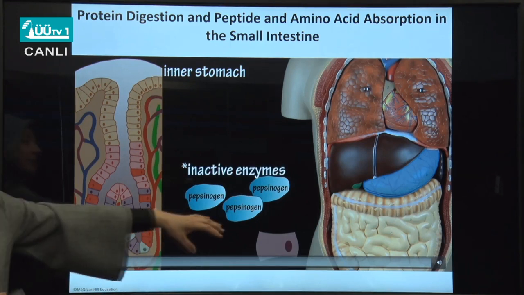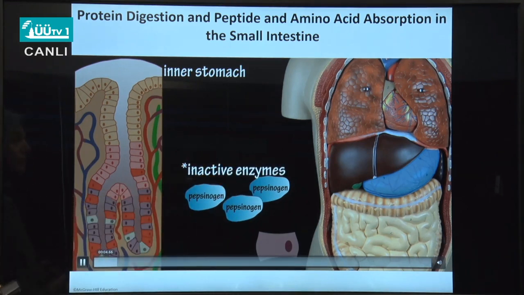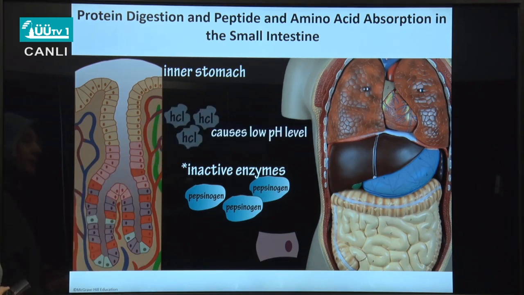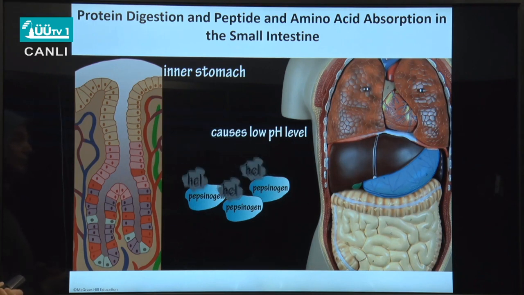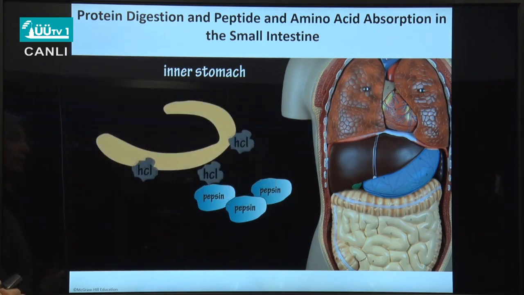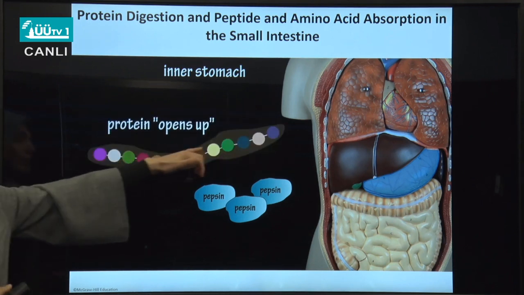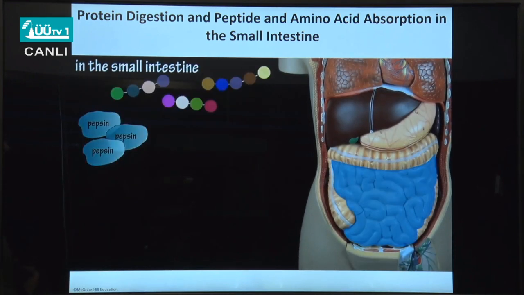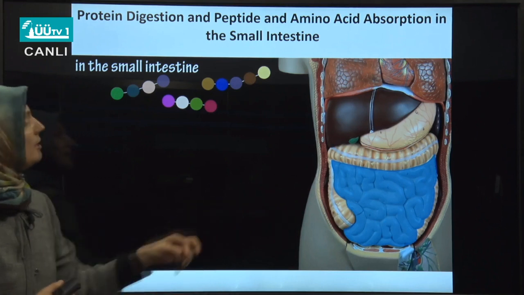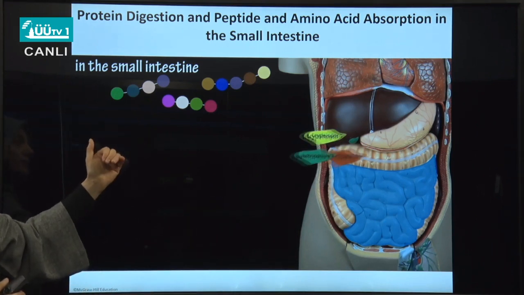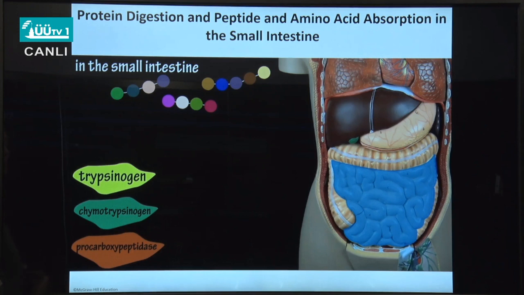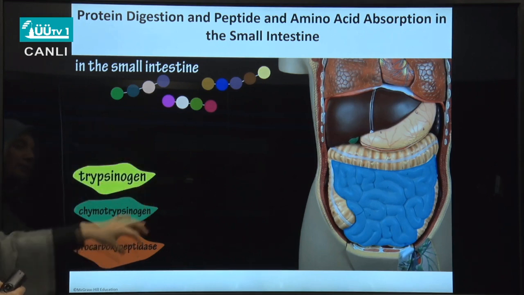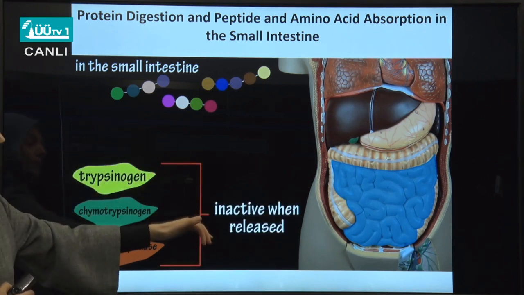Okay, the pepsinogen is converted to its active form in the presence of hydrochloric acid, and then it breaks down proteins. The hydrochloric acid denatures the proteins, and then pepsin breaks them into small fragments. In the small intestine, the pepsin becomes inactive due to high pH, and the other enzymes secreted by the pancreas are inactive, so they are activated